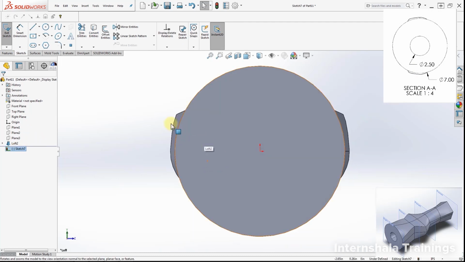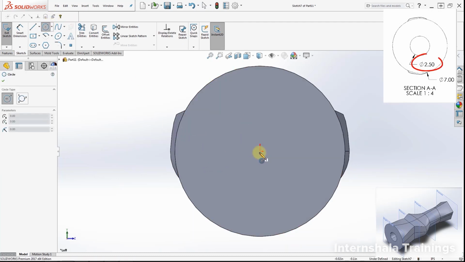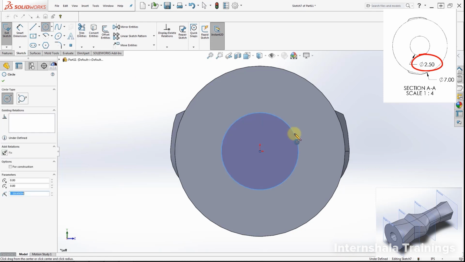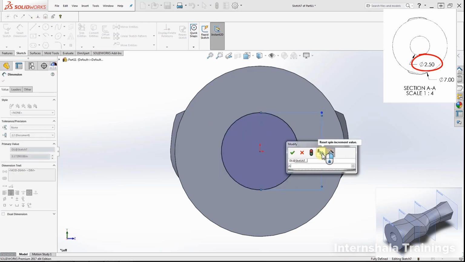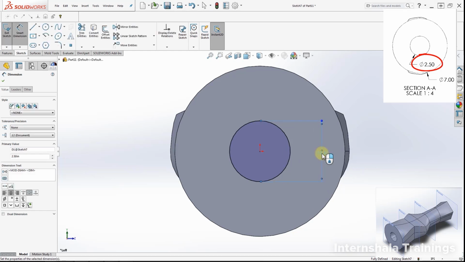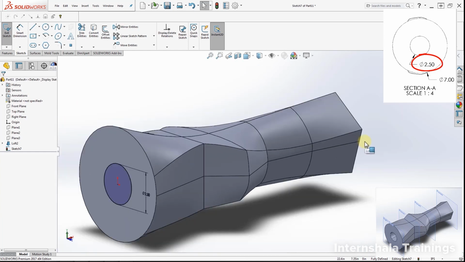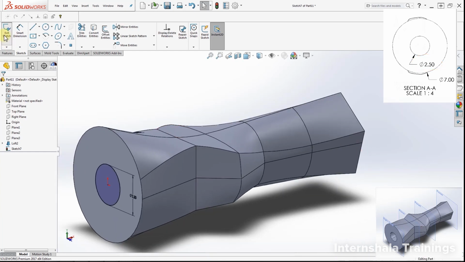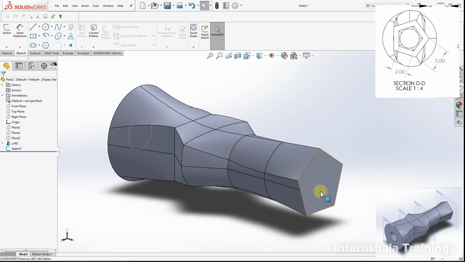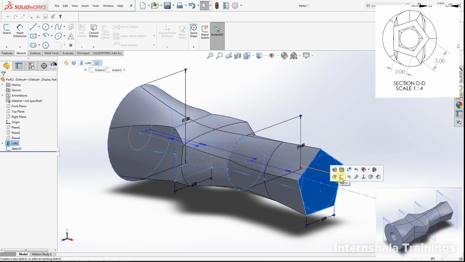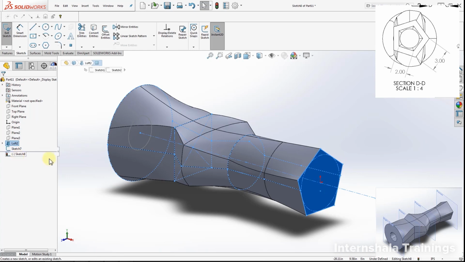And here our first profile is a circle with a diameter 2.5 inches. So this is our circle. Our sketch is fully defined. We're going to exit the sketch, and then we're going to the other side, this side here, and start our second sketch. So I'm going to start a sketch,